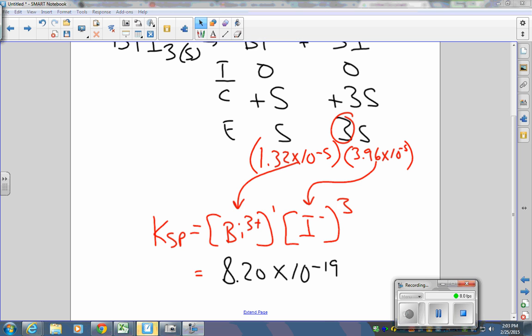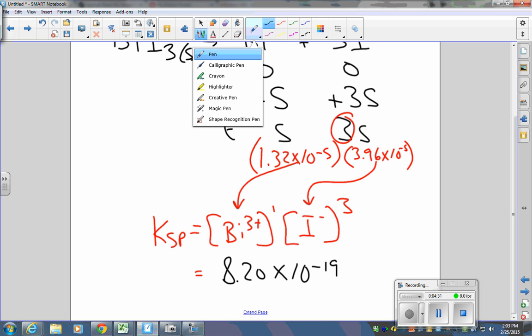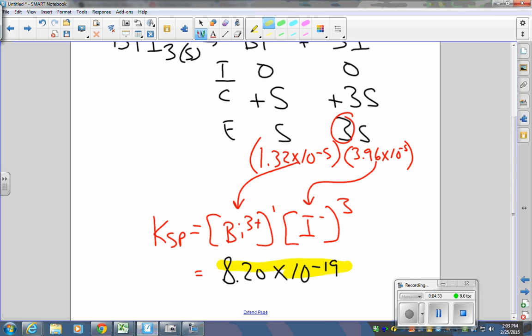You end up with 8.20 times 10 to the negative 19th. Look how small that value is. If you look, that's what we're talking about. When we say these things are slightly soluble, it is soluble on the small, minute level. And that's really what we're addressing when we talk about KSP values. Next one,